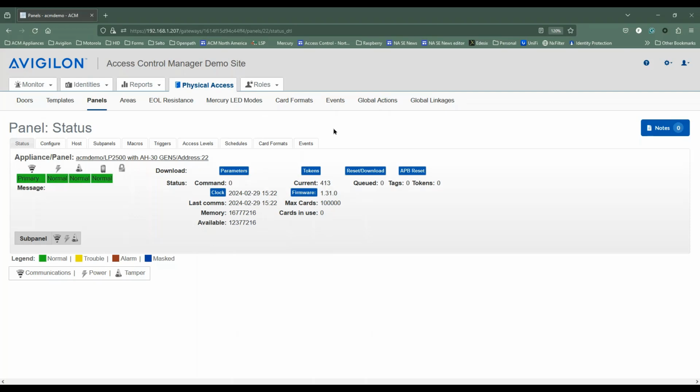I only had that message because I was running a very old firmware, and I was just trying to show that I can go from an older firmware directly into 131.0. So now that this firmware is here, is configured, is showing that I have the firmware in here